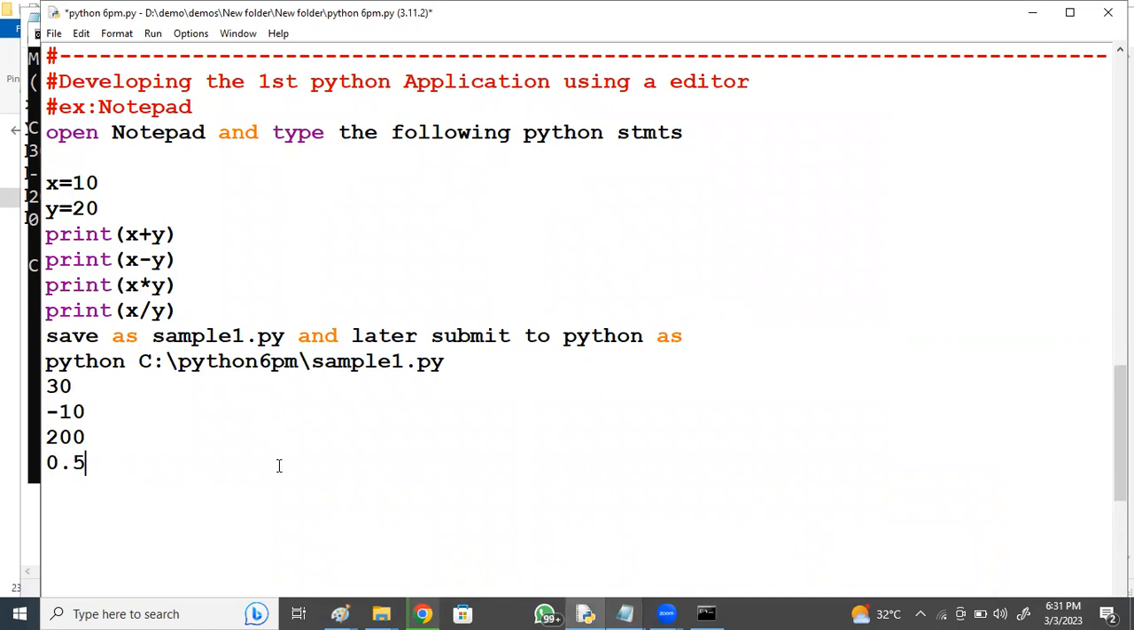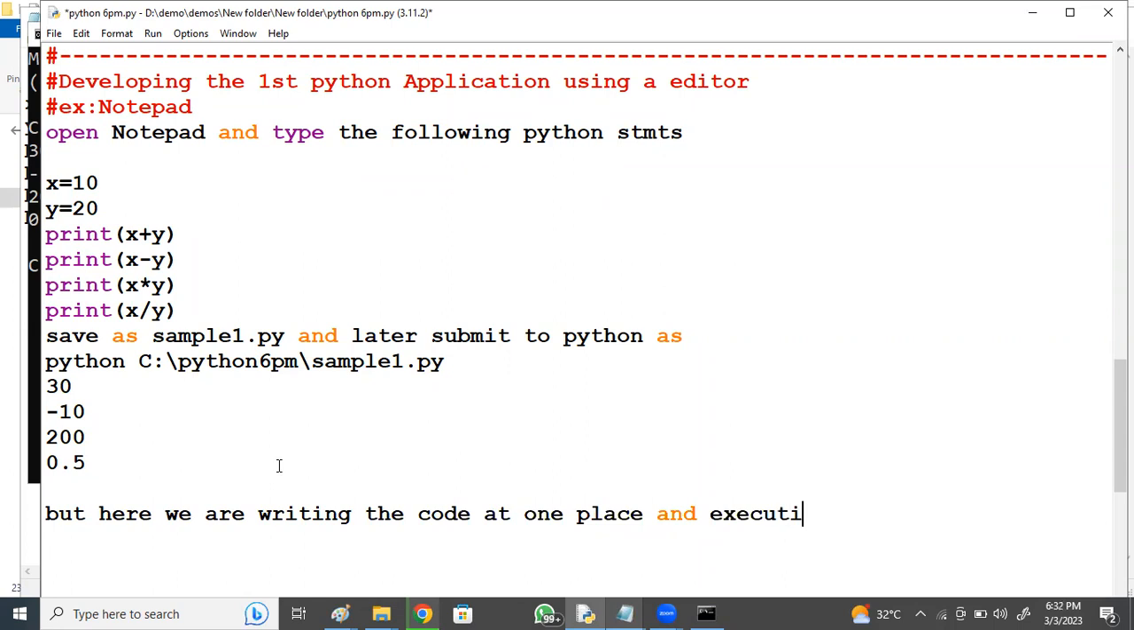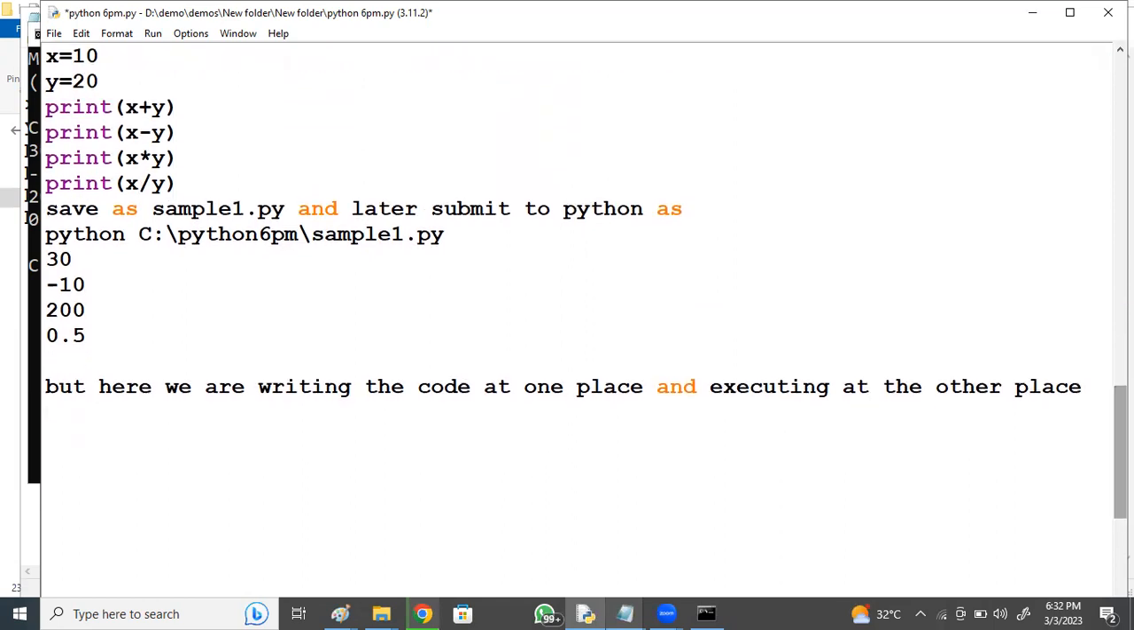But here, what is your observation? We are writing the code at one place and executing at the other place. But to write and execute at the same place,